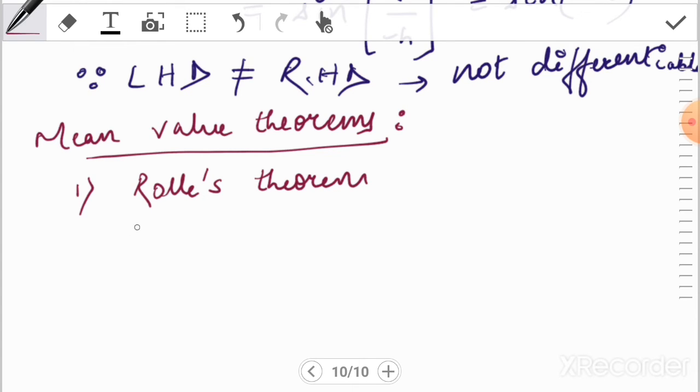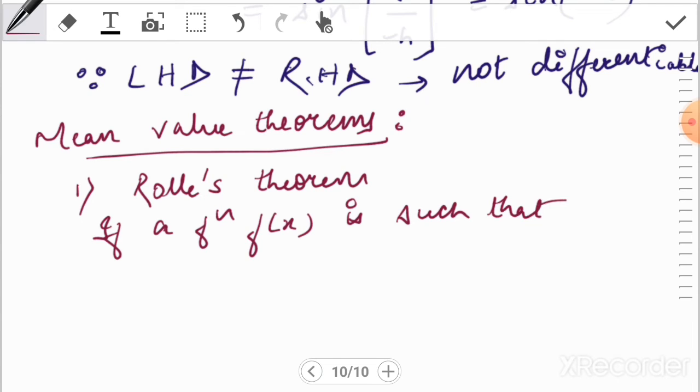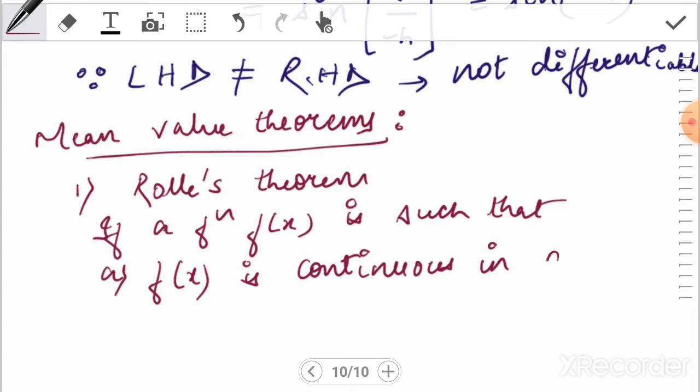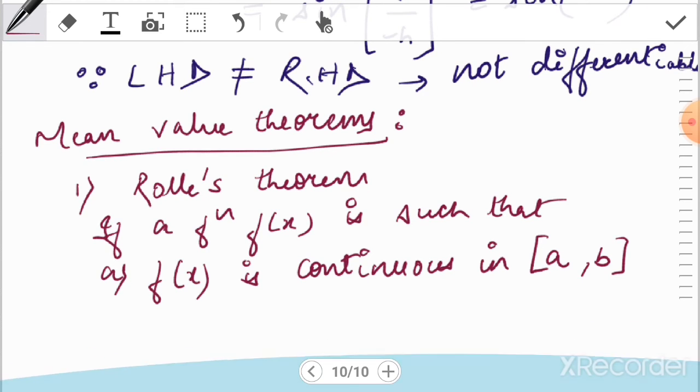So if a function f(x) is such that f(x) is continuous in the closed interval [a, b],